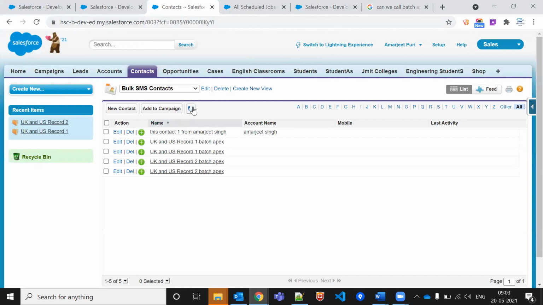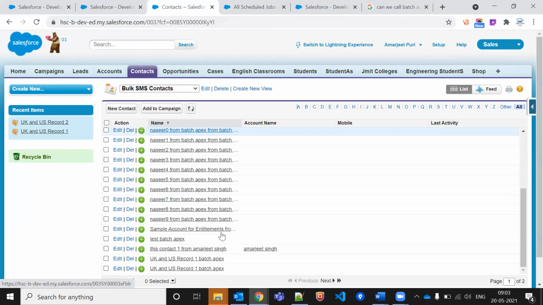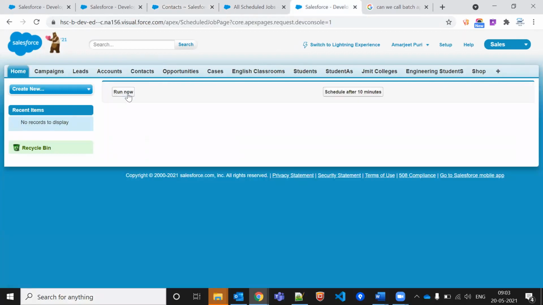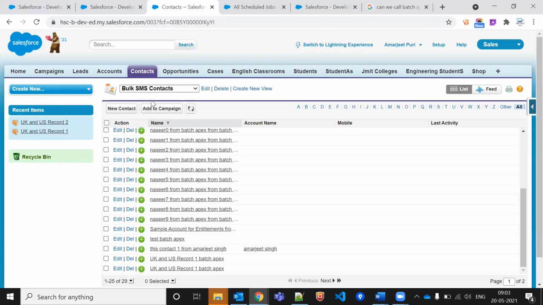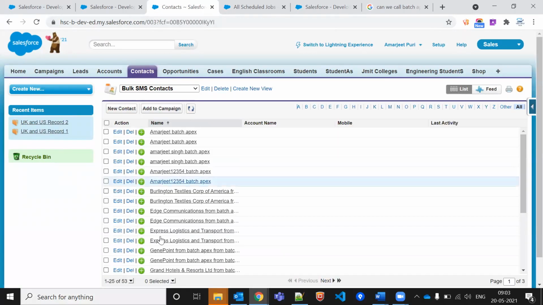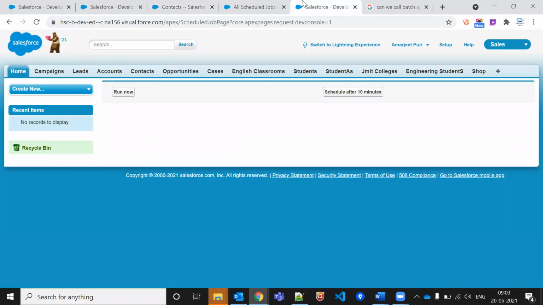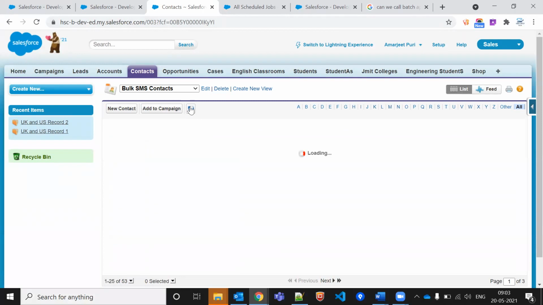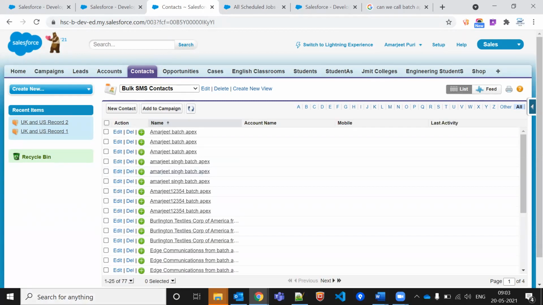I'm not doing anything, and data is coming here. It is a total of 29 records. If I reload the page again, it should increase from 29 to 53. Now it is not increasing until I refresh. If I refresh again, the schedule is automatically running.